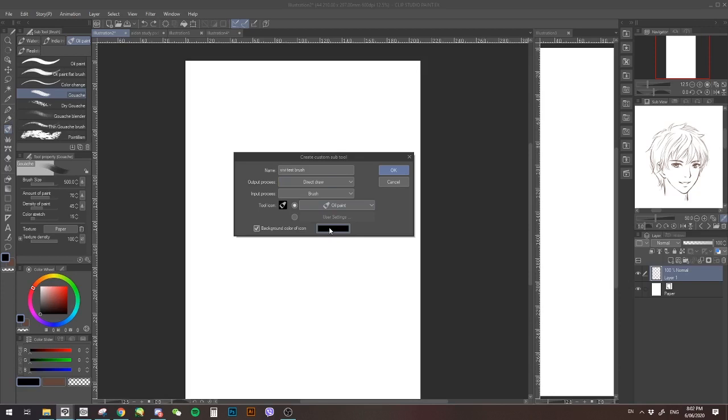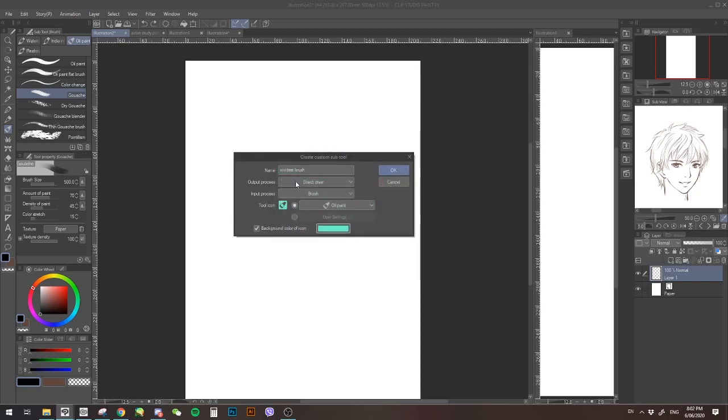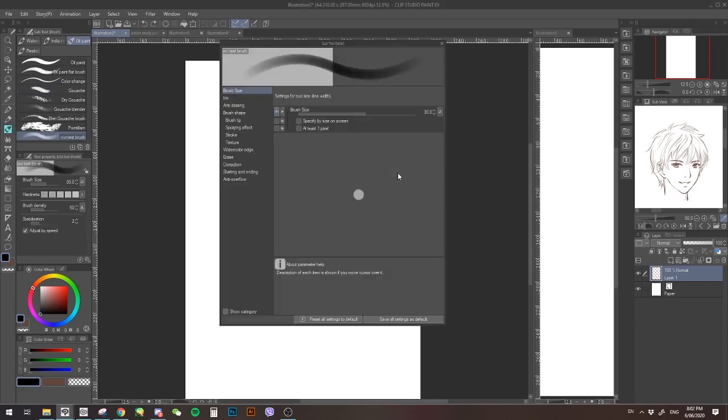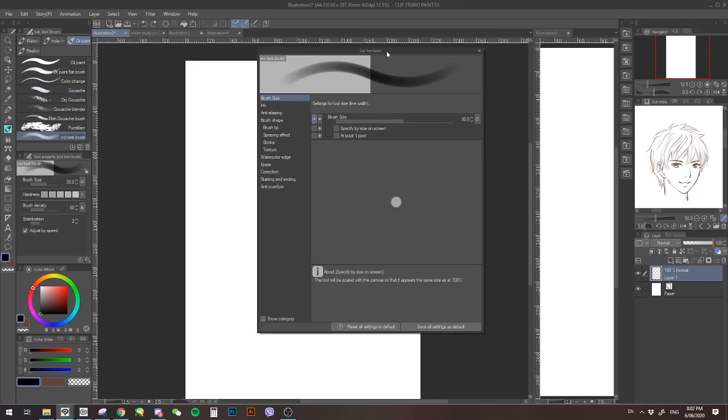This is purely just to label the brushes so that you know that this is a custom brush or a brush that you are using. Let's just select a random color that you like. Aqua. Okay, and this will show up behind your icon. Click OK,